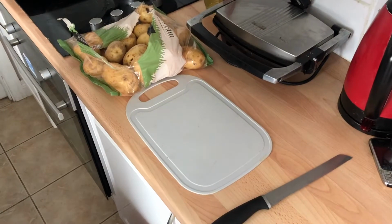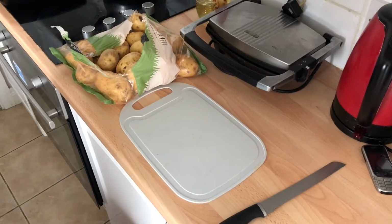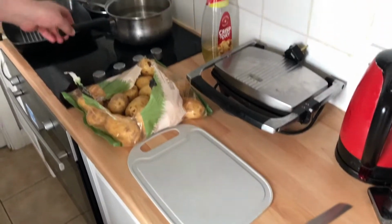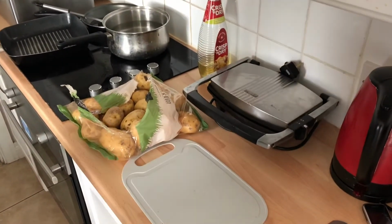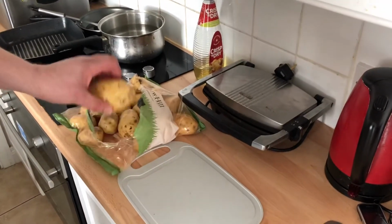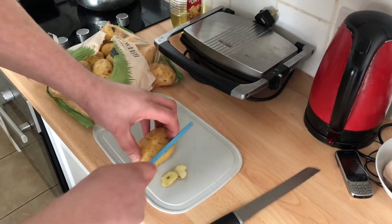I'm going to do some homemade chips next. I do them sort of triple cooked, but it's not too hard to do. I have a pot of water on here, and I'm going to bring it to the boil. There's salt and a chicken stock cube in it. I'm just going to show you how to shape the chips. I like to square them off, so I take a bit off the top and a wee bit off the sides,